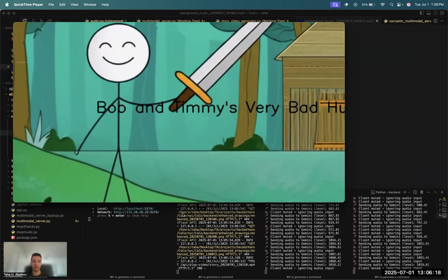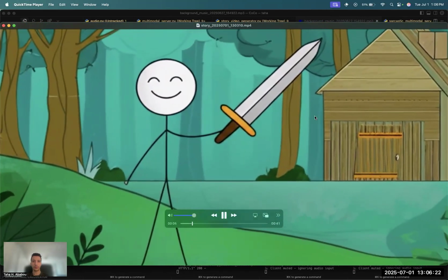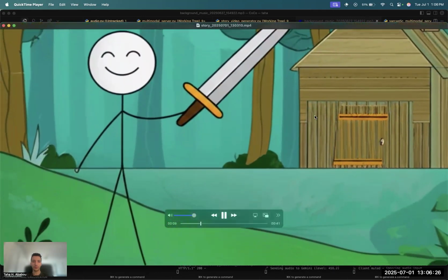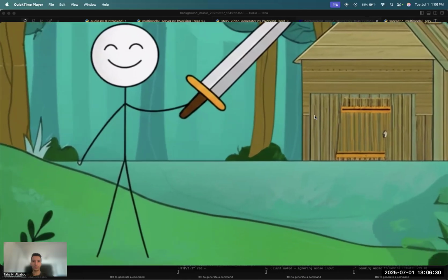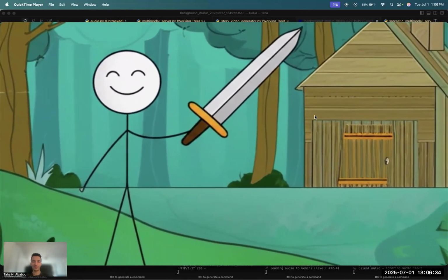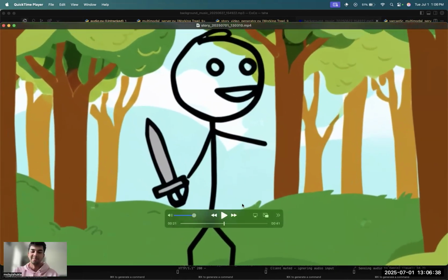Bob and Timmy's very bad hunt. Bob and Timmy's hunting trip turns into a series of comical and ill-conceived decisions. Bob, a happy stick figure, found a huge sword and decided the best target practice wasn't a deer, but a cabin. Little did he know, Timmy was inside having a nap. Timmy, also a stick figure, peeked through the window and saw Bob ready to